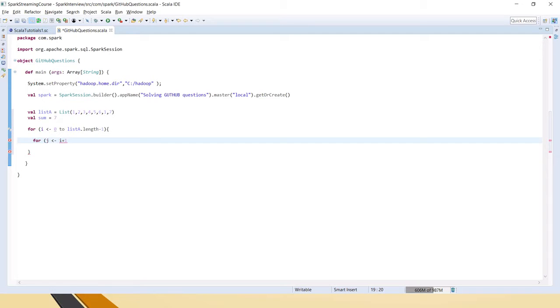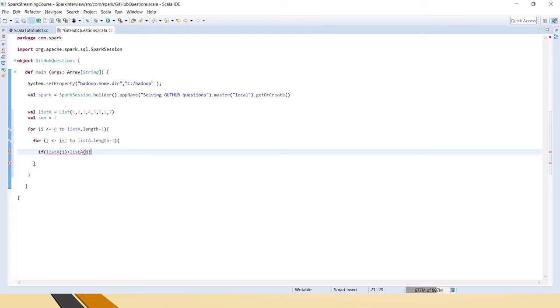So I am saying j from i plus 1, since the first one is compared with the next one, to again list A dot length minus 1. Here we need to check whether the sum matches this sum or not.